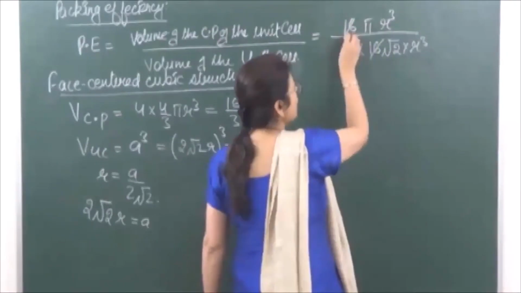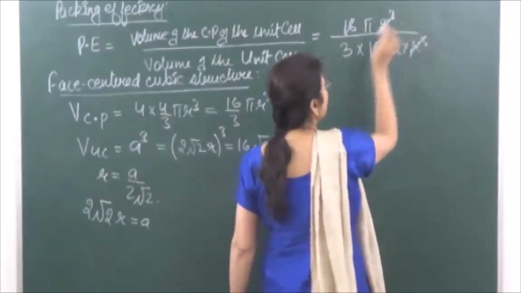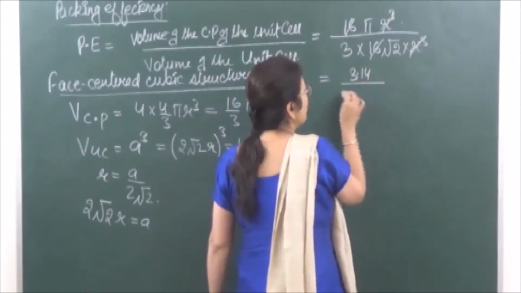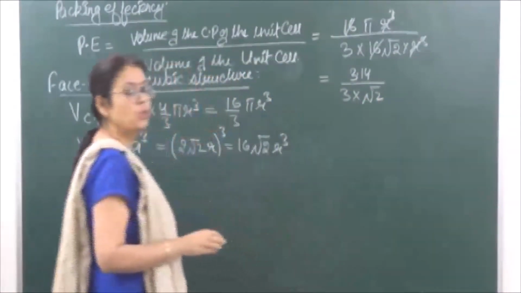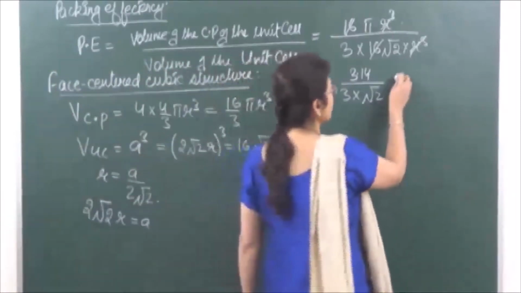Right? So r cube cancels with r cube. So what do we have left? 3.14 upon 3 into under root of 2. When you calculate this it comes to 0.74,